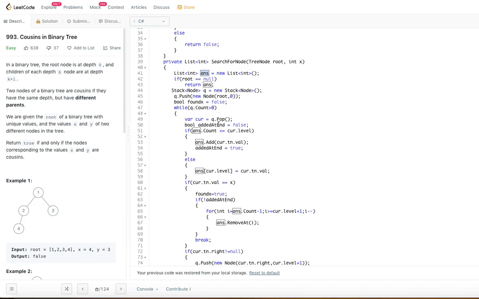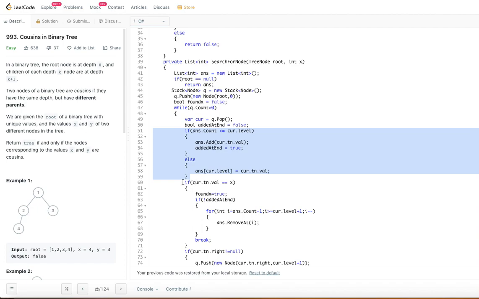That's the reason I created added at end. So if the number of elements in the answer is less than or equal to the level, then we just add the current tree node's value and set added at end to true. Otherwise we just update the existing one. This is just to keep track of a single list and keep updating it for that particular path.